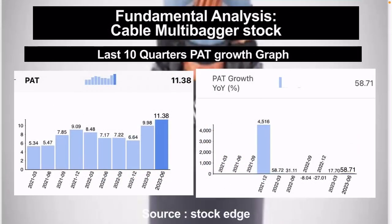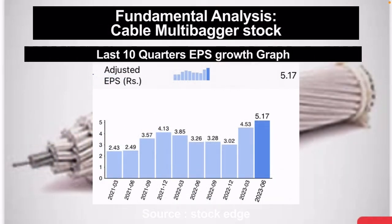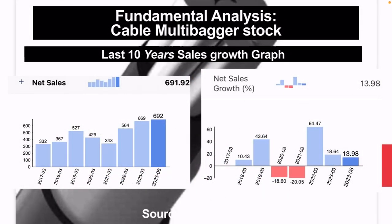Company's PAT is also showing 11.38 crore, which is increasing exponentially, because in March 2021 the PAT was 5.3 crore, and the company is showing a 58% growth in PAT. EPS is also increasing very exponentially here. 2.43 rupees EPS was in March 2021, but right now it is showing 5.17 rupees. Net sales, if you talk about the last 10 years, because the company listed in 2017, so since